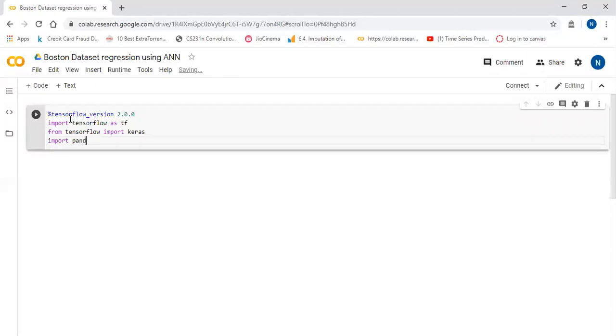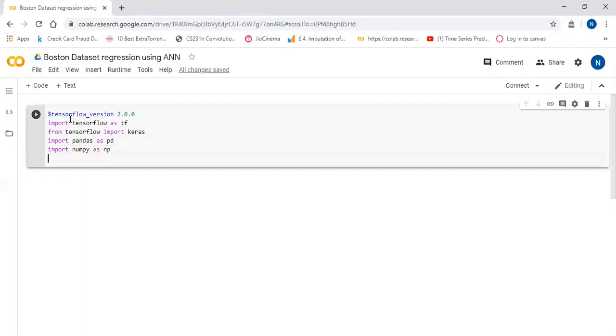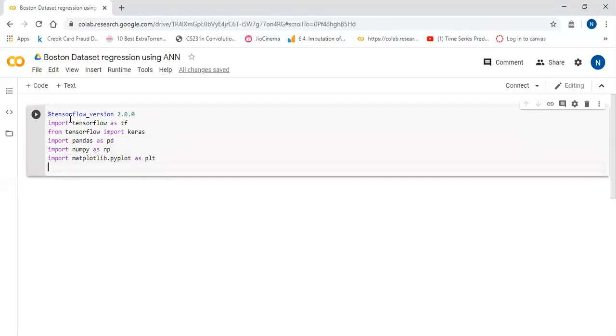import pandas as pd, import numpy as np, import matplotlib.pyplot as plt, and another magic function, matplotlib inline.